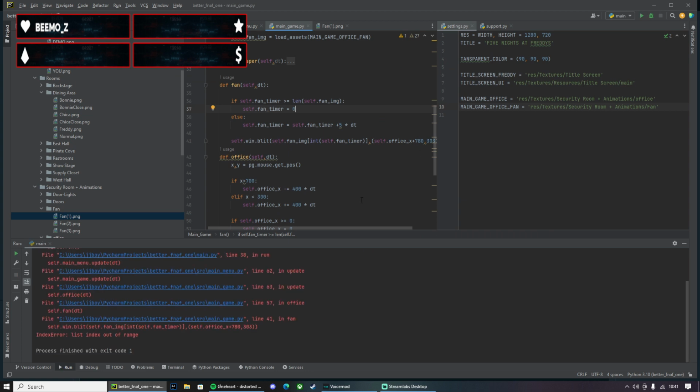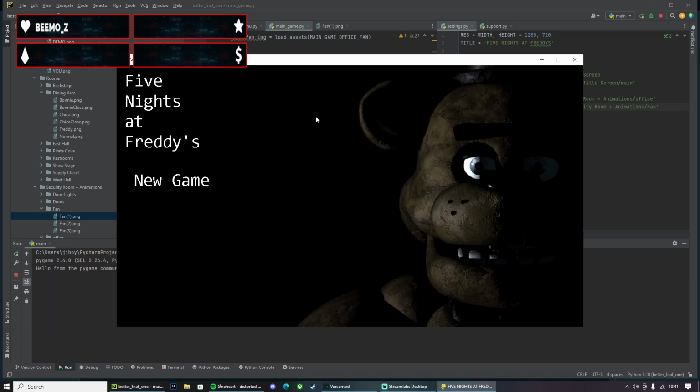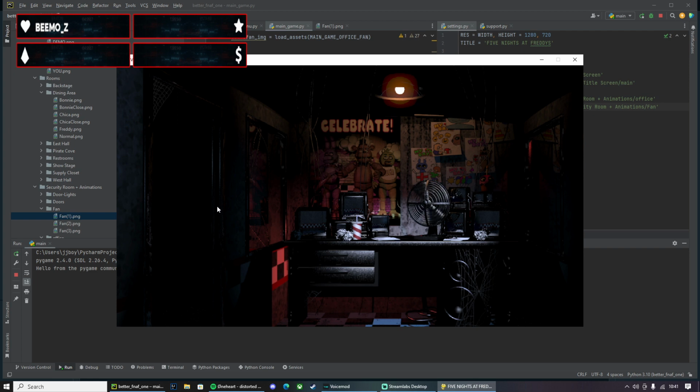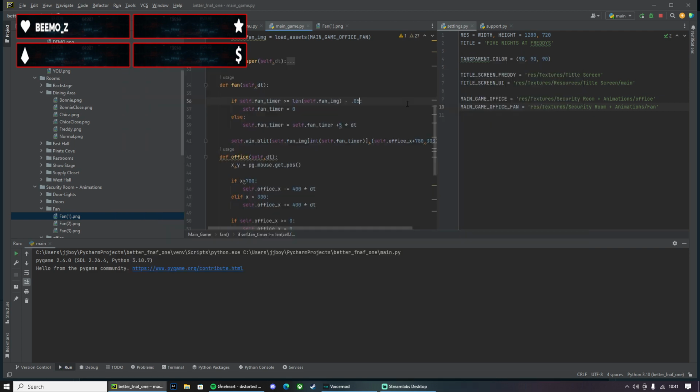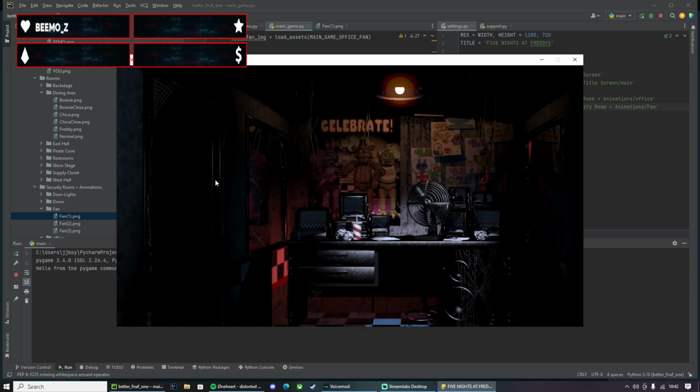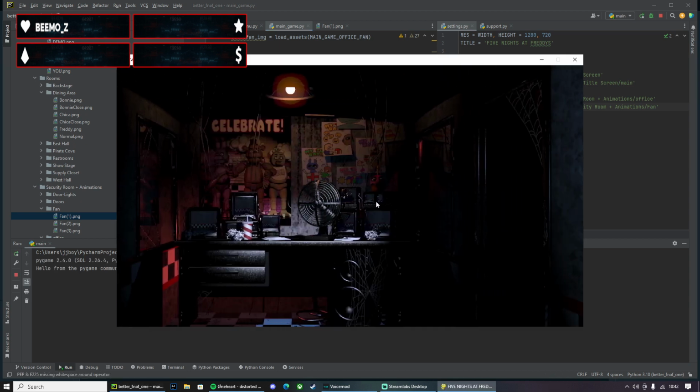Still out of range. Let's do a little buffer thing, so minus 0.5. It kind of works. Look at that. Let's be a bit faster though, maybe like 15. Good, we're slowly getting there.